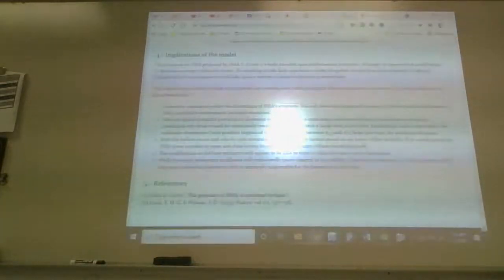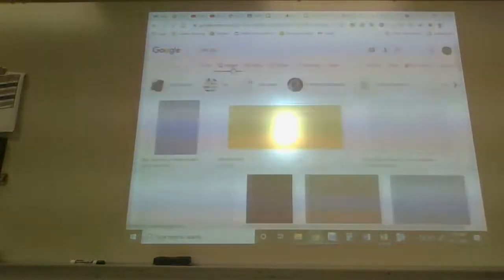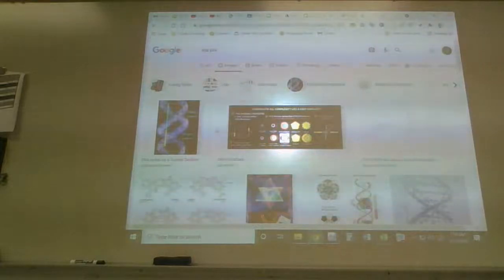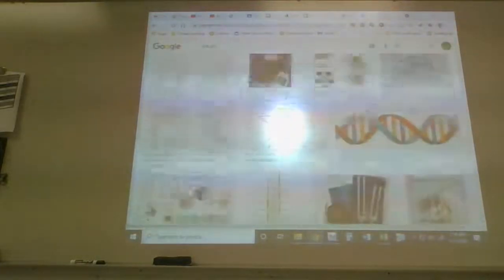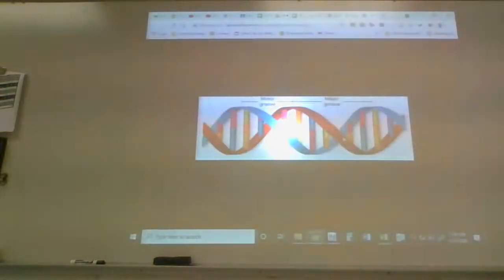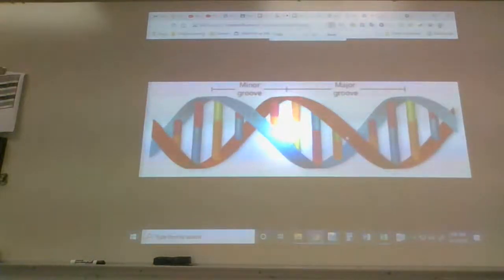And this image is not really that helpful. Let me go back. Yeah, get out of there. Let me go to the images. Maybe the images will help me out a little bit better. Heck yeah. There we go. That's probably a little bit better. So this is the generally accepted shape of DNA. Open up this image in a new tab. This is the generally accepted shape of DNA.